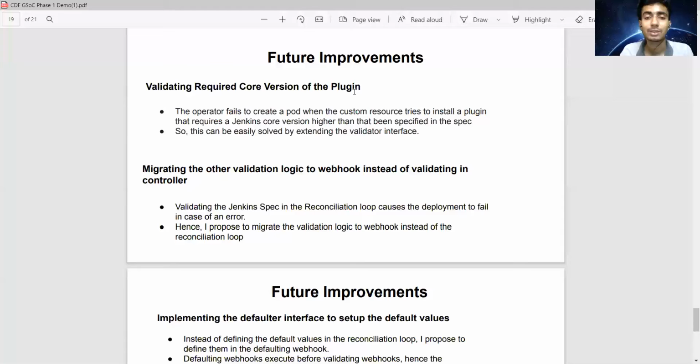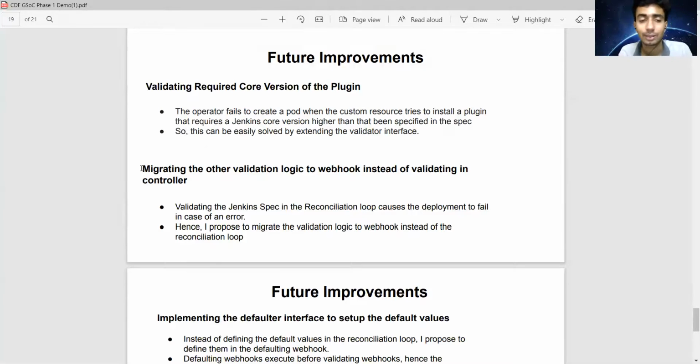There is a required core version of a particular plugin, and if that exceeds the current version, then the pod crashes. To remove this abrupt crash of the pod, I plan to implement this validation in the validator interface. That way, it could be checked before even the creation of a Jenkins CR, right?